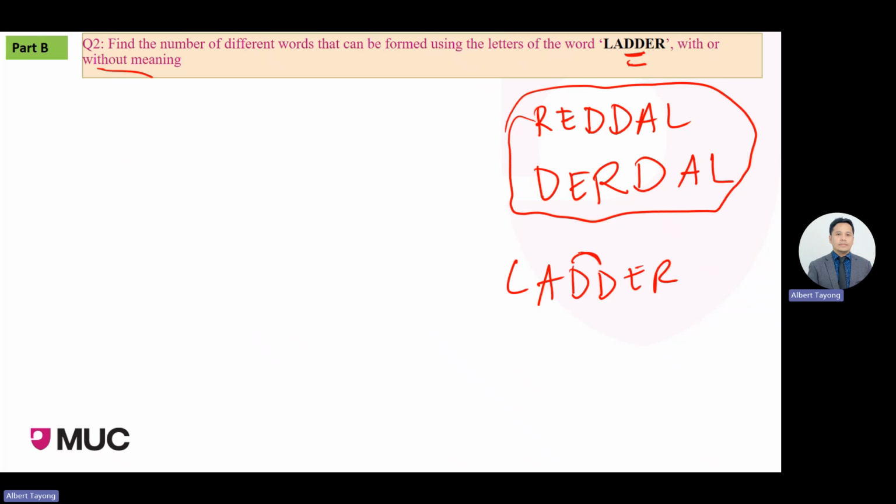If you're going to change the position of these two, it doesn't matter. It will be the same ladder. So the number of counts actually reduces because some letters are repeated there. Okay, so if some letters are repeated or some elements are identical or repeated, we are going to use a